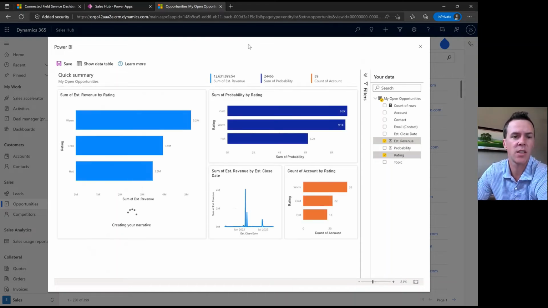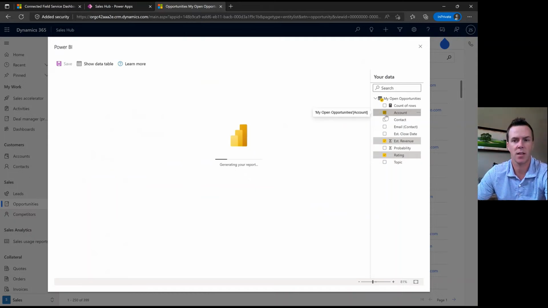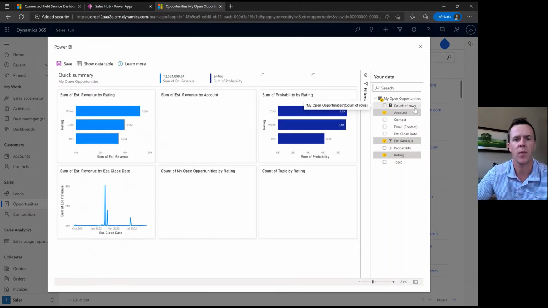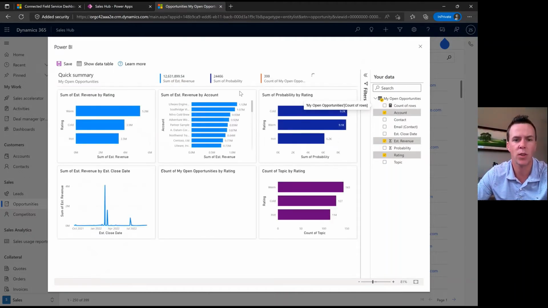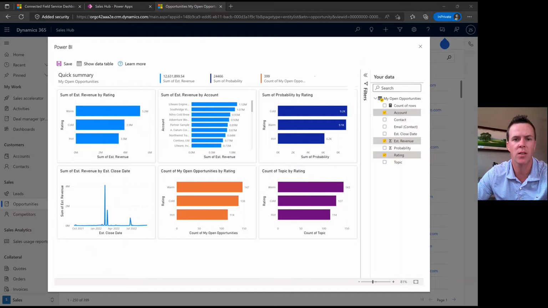Here we can start to see sum of estimated revenue by ratings and sum of probability by ratings. We also want to see what's going on with our different accounts. So we're just going to select the account tab right here and see what happens when it populates that report for us. Now I can see, as this report gets generated, the different revenues by the accounts. So now I can see which accounts maybe I need to focus on or not focus on,